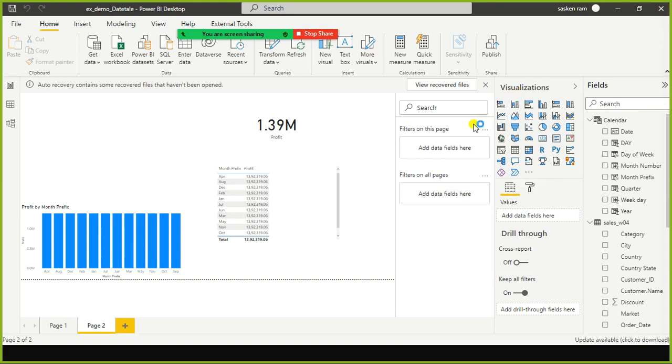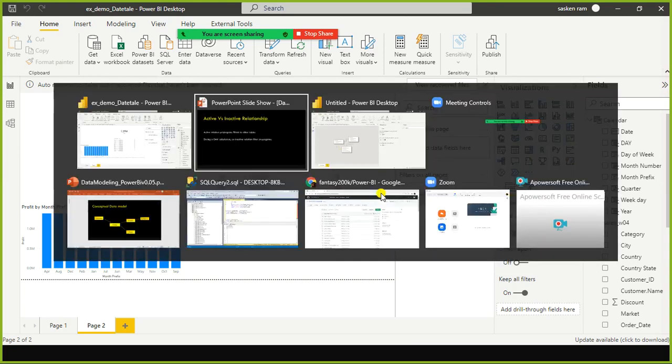I just close this one. This is a small one. I'll open another